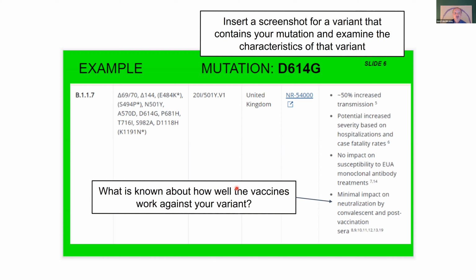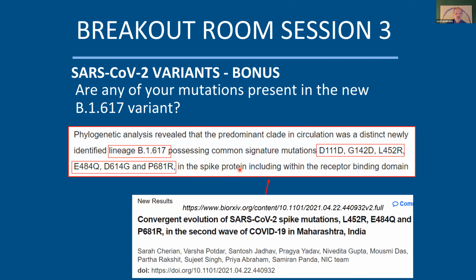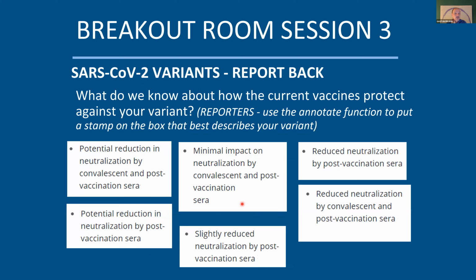And by doing all that, you learn how to use NextTrain, you learn how to look for data. And so here are the different amino acid mutations you're going to be assigned. These are single letter codes for amino acids. All right, and then you come back. So there's a lineage that has these mutations and so on. So that's all what you're going to do, but you're going to do it in groups, and you're going to learn a lot of information. And then based on all that information, you can start working on your video. And I'll come back to that.